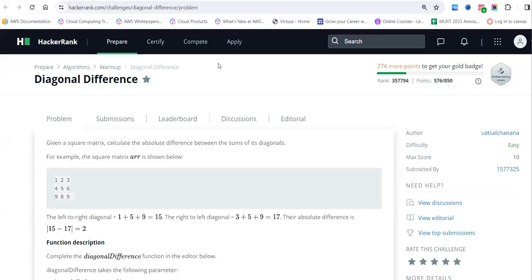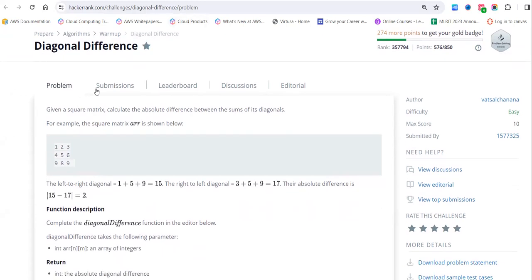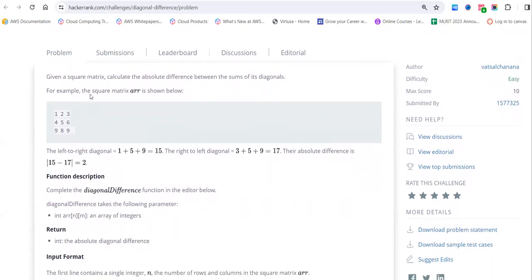Hello guys, in this video let us solve another interesting problem, that is diagonal difference. So the sum name is what? Diagonal difference, the problem name is. So let us see the question. What is the problem? Given a square matrix, calculate the absolute difference between the